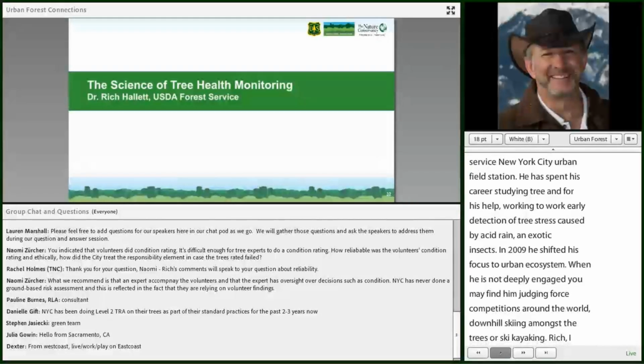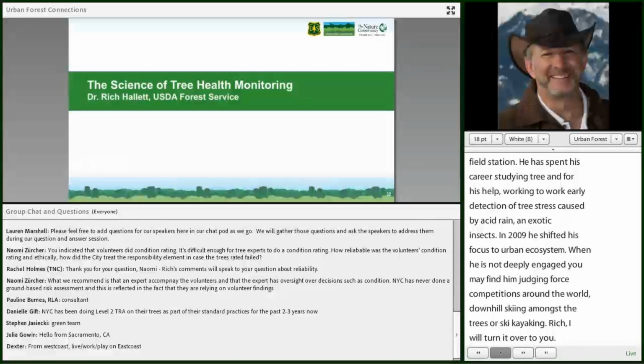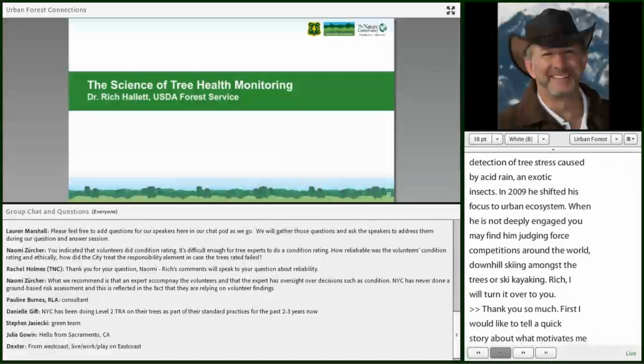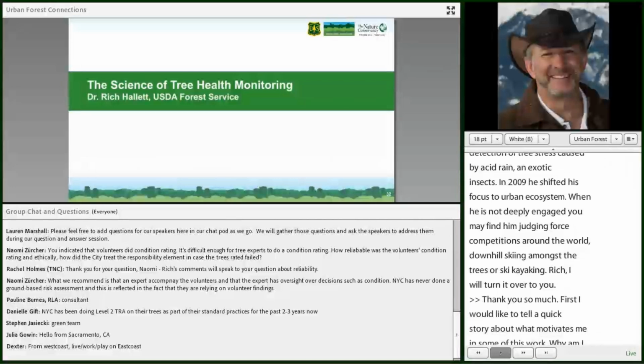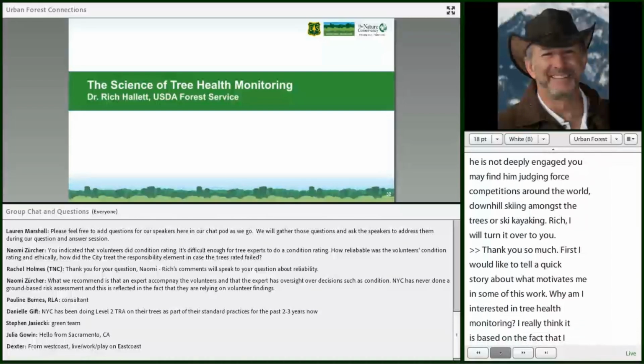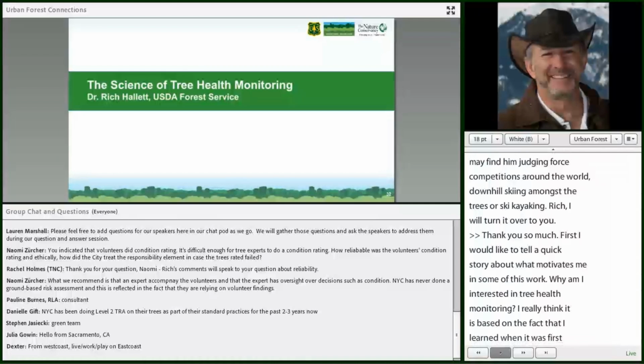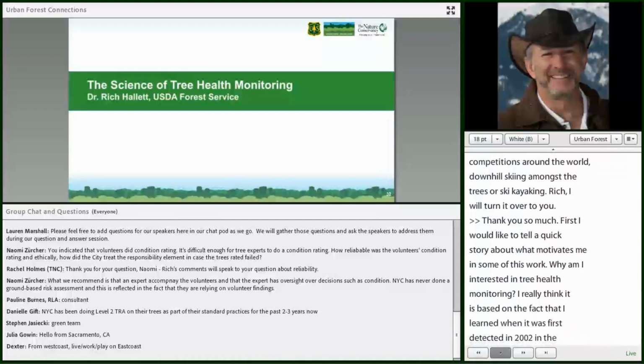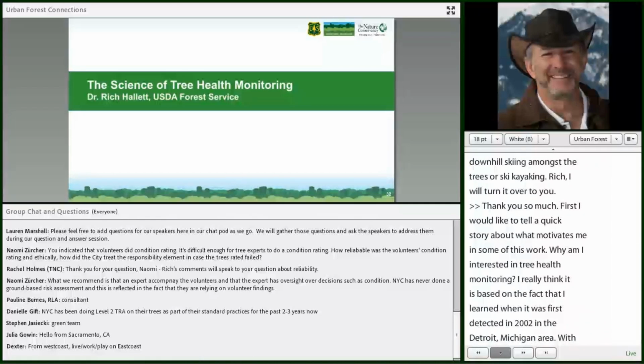First, I'd like to tell a quick story about what motivates me in some of this work. Why am I interested in tree health monitoring? I really think it's based on the fact that I learned about emerald ash borer when it was first detected in 2002 in the Detroit, Michigan area. Since that time, emerald ash borer has killed tens of millions of trees and threatens almost 8 billion ash trees